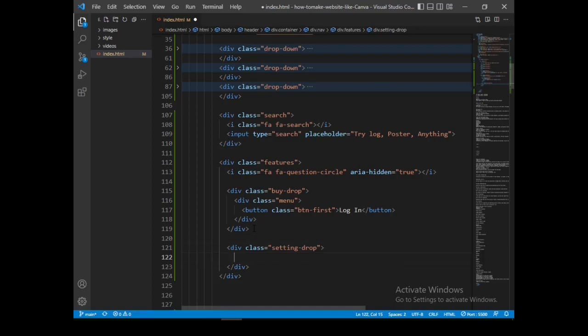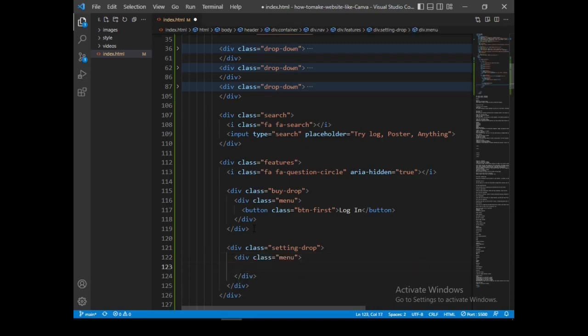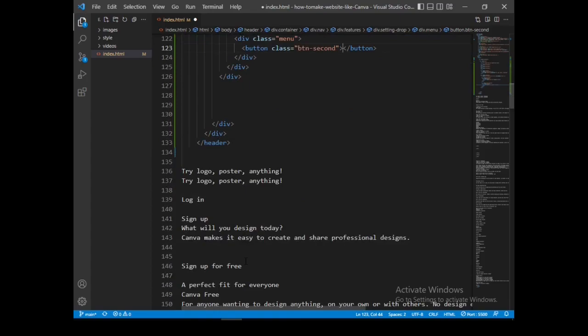Div dot menu, btn second, and this text will be like this one.